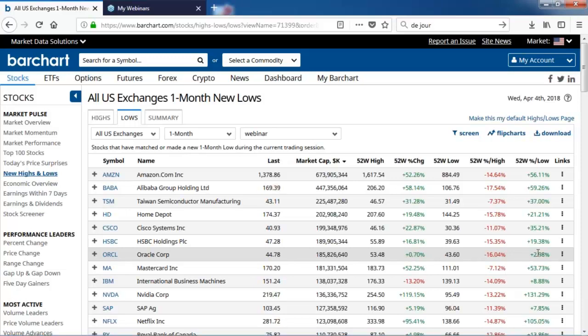So looking at something like Oracle, it's only 2% off its lows. IBM's 8% off its 52-week lows. And Oracle is pretty unchanged over the last 52 weeks.